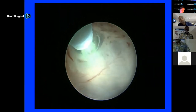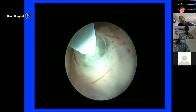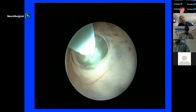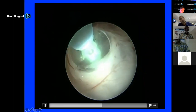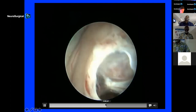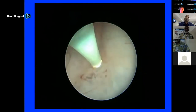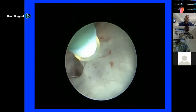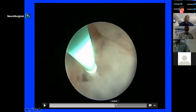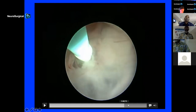It is not as quick as what some of the experts have done, but this was with our experience here. Slowly try and make sure that you get to the waist of it. And all this time we're getting irrigation going. We try to widen that a bit more. Just advance that. And once that is done, we are able, therefore, to introduce